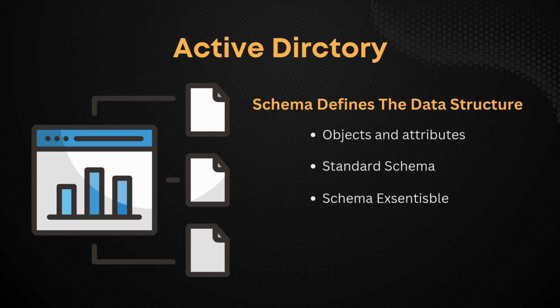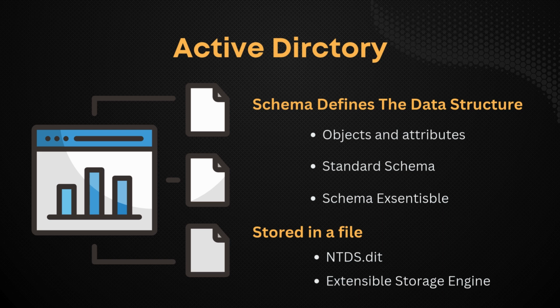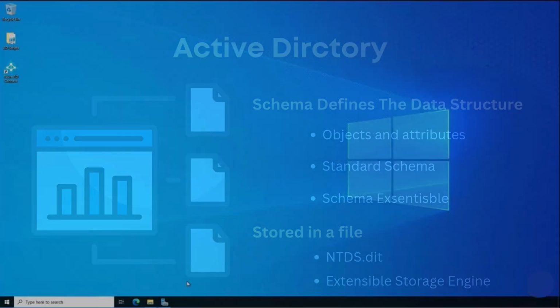The data and schema definition are stored in a file called ntds.dit. So it's not an SQL database or anything like that. It's actually just an instance of what's called an extensible storage engine. The data store for Active Directory is stored on servers called domain controllers. They're just Windows servers that have the domain services role enabled. We'll talk a lot more about domain controllers throughout this video series, but let's actually go into the domain controller